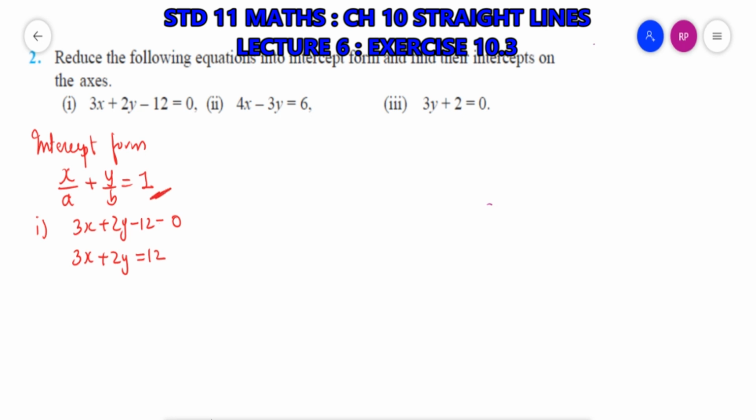Now we want 1 here. So what I will do is divide both sides by 12. That implies 3x by 12 plus 2y by 12 is equal to 12 by 12. So 3 fours are 12, 2 sixes are 12, and 1. So it will be x